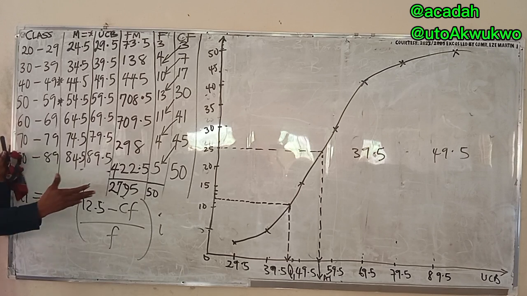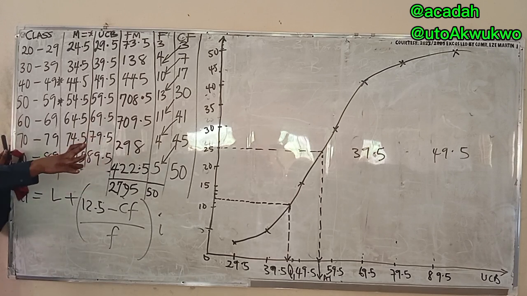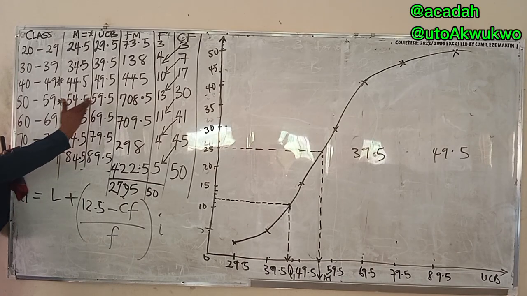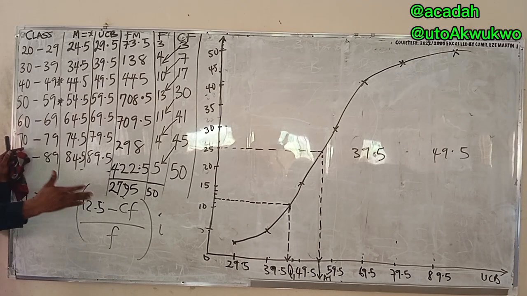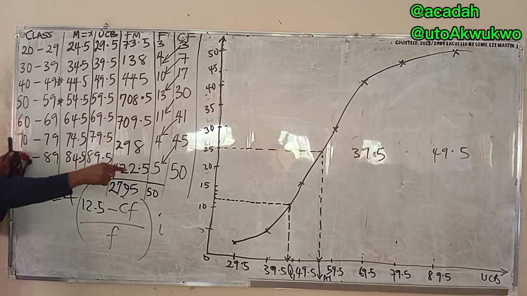Myself, if I'm solving any of these questions, I don't need to be doing all these things. With these shortcuts, I will always be correct, because if the class width is like 9, or if it's too big, my shortcut will always work. But if it's too small, that means I really have to obey this one.